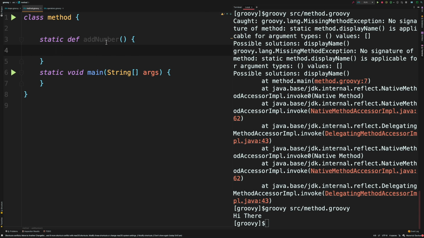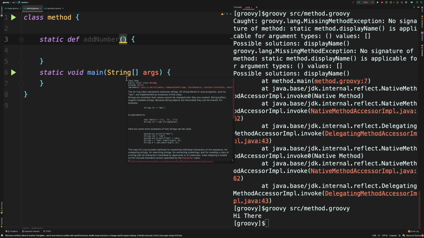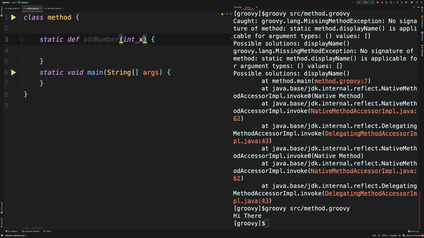Okay, to be able to put the numbers within this add numbers method, we need to have some parameters, and we can even define the type of the parameter. So I'm going to use int x, comma, int y, and what we need is to add x and y.